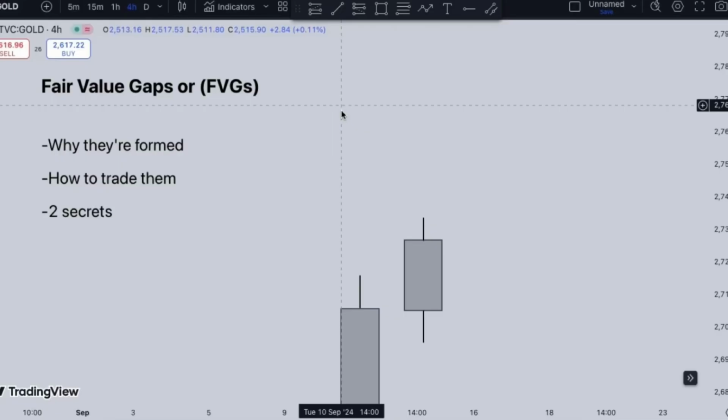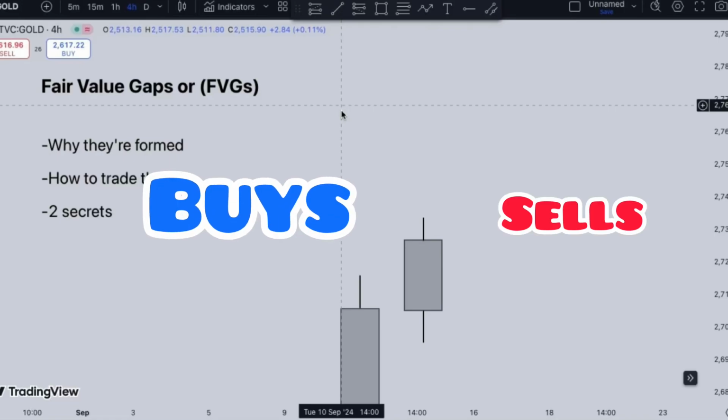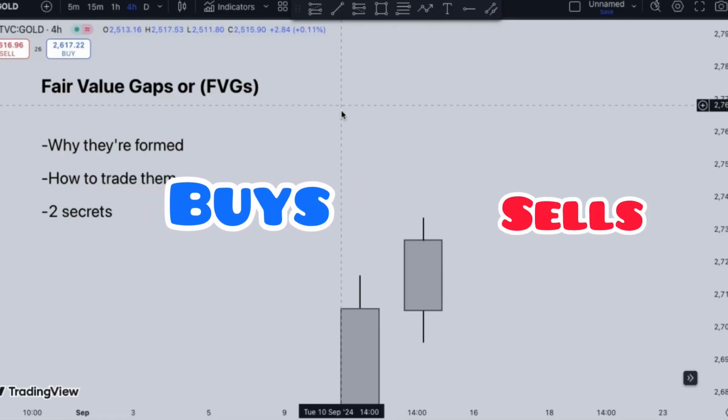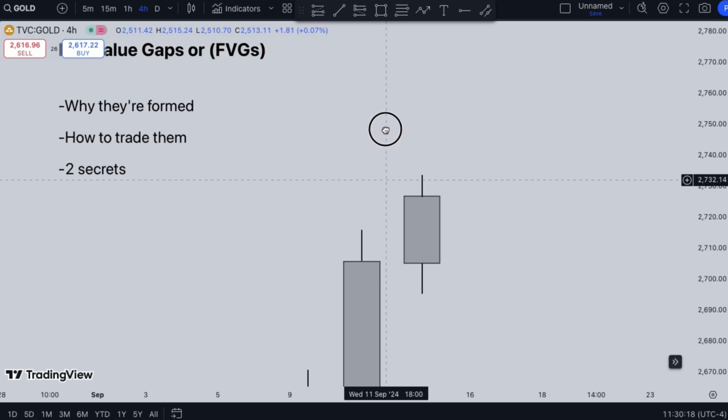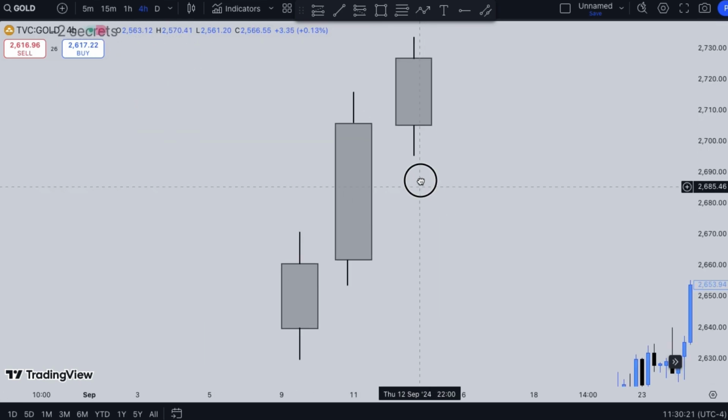Now let's get started. Fair value gaps are also referred to as imbalances, liquidity voids, or inefficiencies in the market. You can call it whatever you want to. They are mostly formed as a result of an imbalance of orders in the market, when a particular exchange receives one type of order over the other, so maybe too many buys than sells in the market. Anytime these gaps are formed, we find that price tends to move back to fill these gaps before continuing in its direction. With this sketch, this is what a fair value gap will look like,